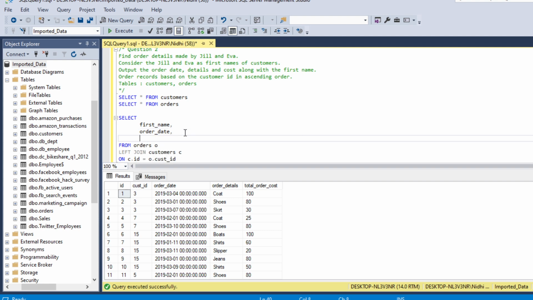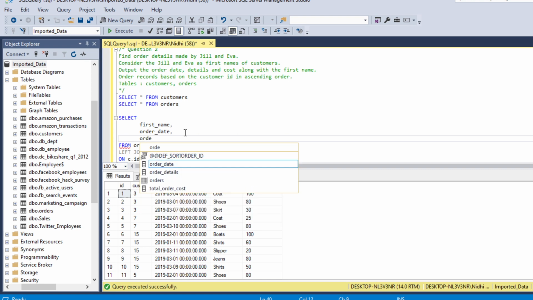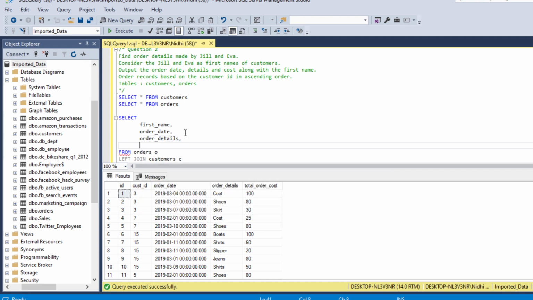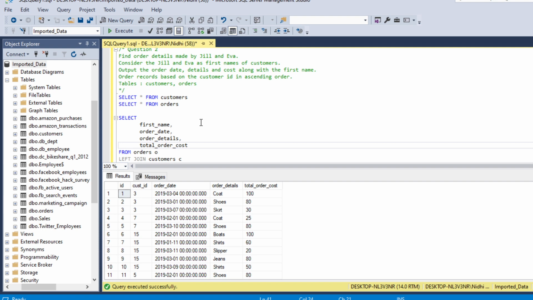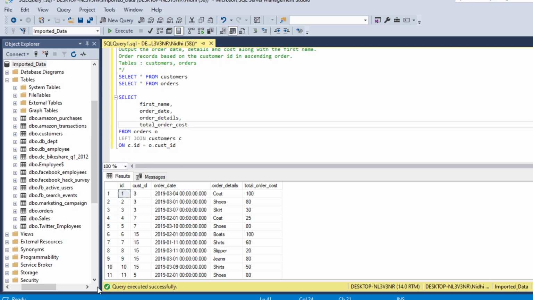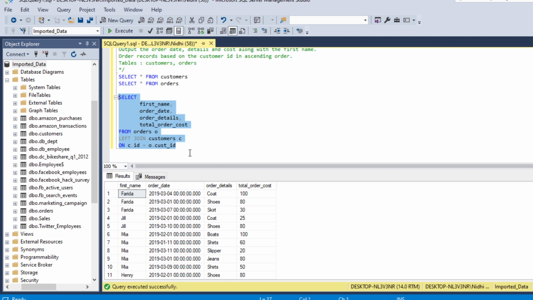So order date, order details and cost, which is our total order cost. So now first we will run this code to see the data. So here now we have first name, order date, order details, total order cost.